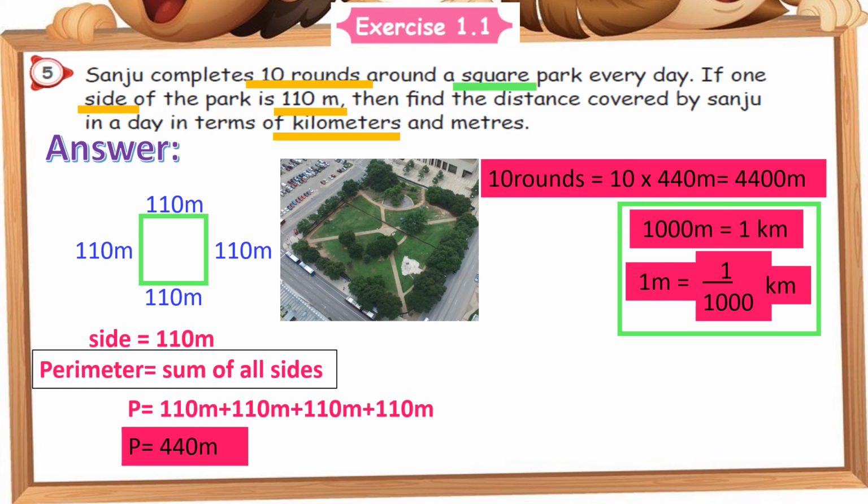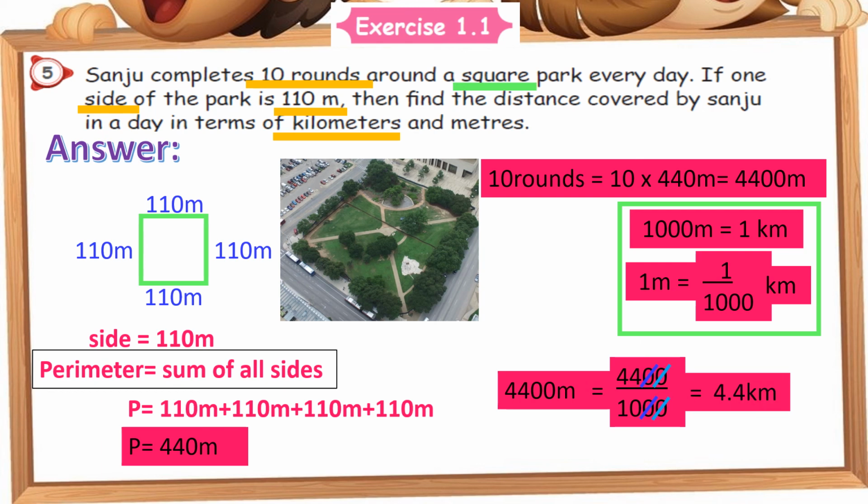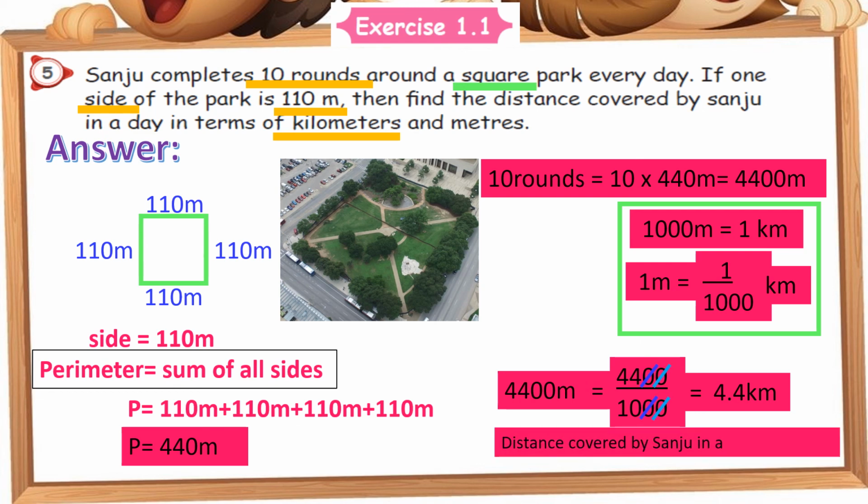So now let us start to do: 4400 meter is equal to 4400 into 1 by 1000, or divided by 1000 directly. Let us start cancelling upper 0 and lower 0, 1 1, and one more 0 is also there, cancel it. Now 44 divided by 10, we get 4.4 kilometer, right? This will be the answer ma. Just check it and do it by yourself. Very important. Distance covered by Sanju